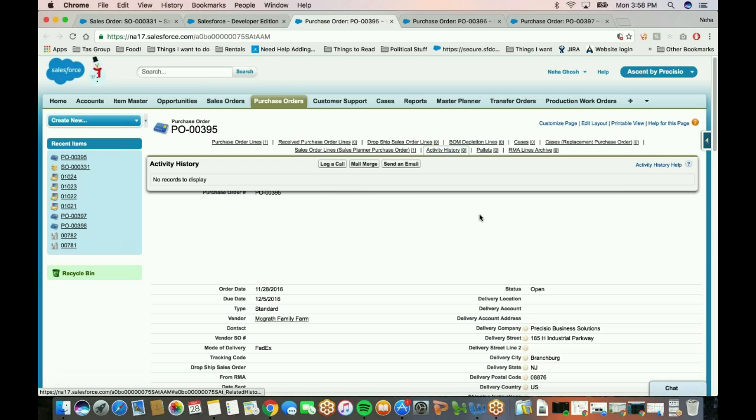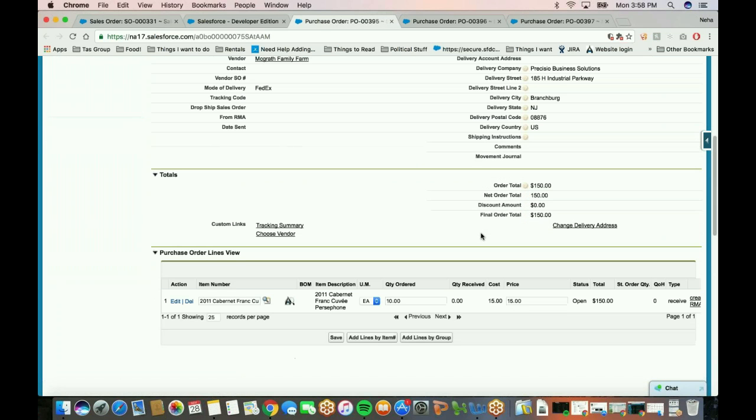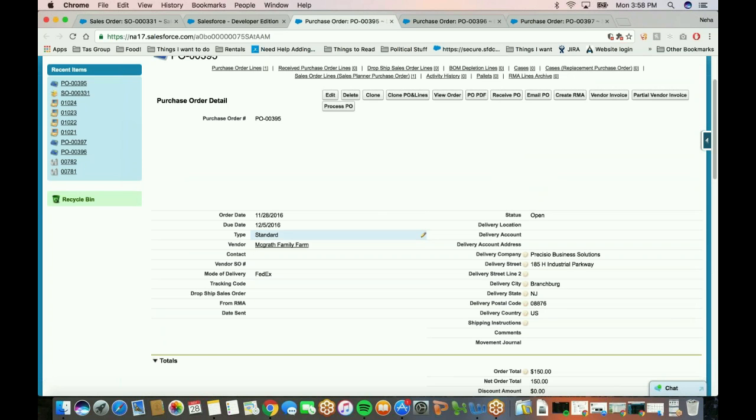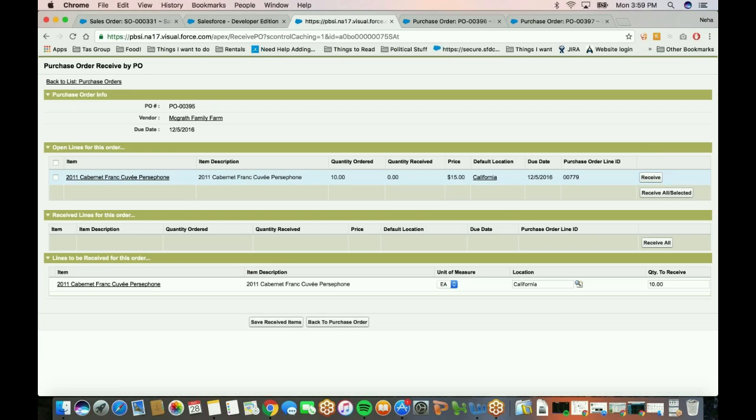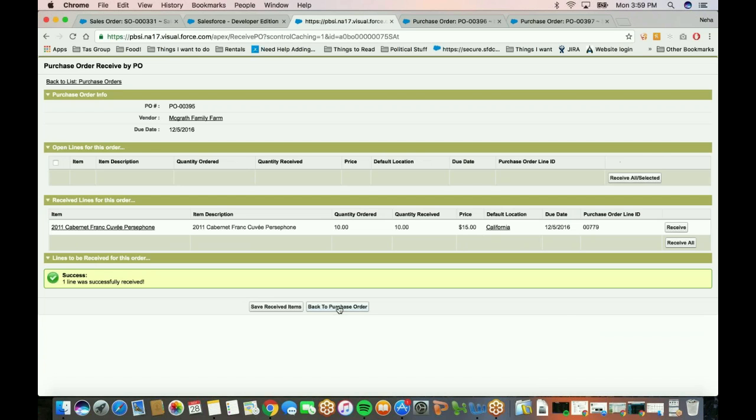So on this purchase order, you're going to see the line that's associated to it, and the amount and the quantity. And we'll see the vendor as well. Now, I'm going to go ahead and receive this in so you can see how a line gets received in first. So it's very easy to receive in this order, and now we know exactly where it's going to and the